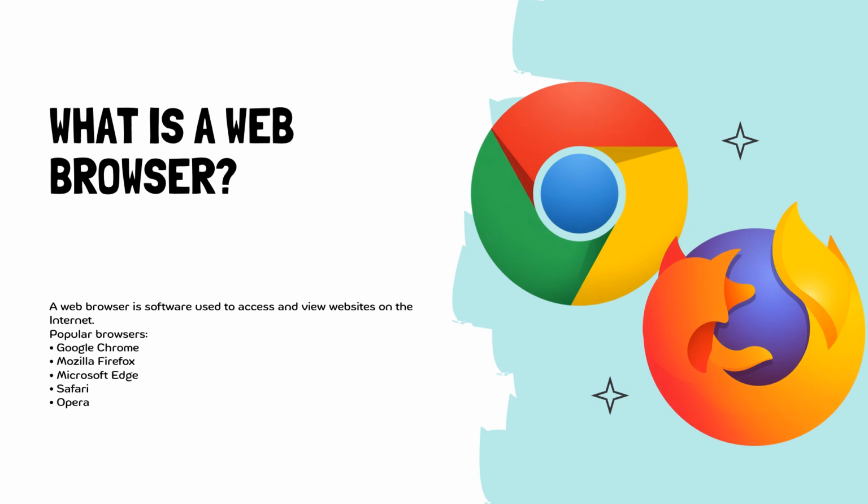For example, if you are using a Windows computer, you might see Microsoft Edge. Many people also install Google Chrome. If you're using an iPhone, iPad, or Mac, you may be familiar with Safari. Even though these browsers look slightly different, their main purpose is the same, which is to allow us to access and interact with websites. Now, look at your device or computer and try to identify the browsers that you normally use.